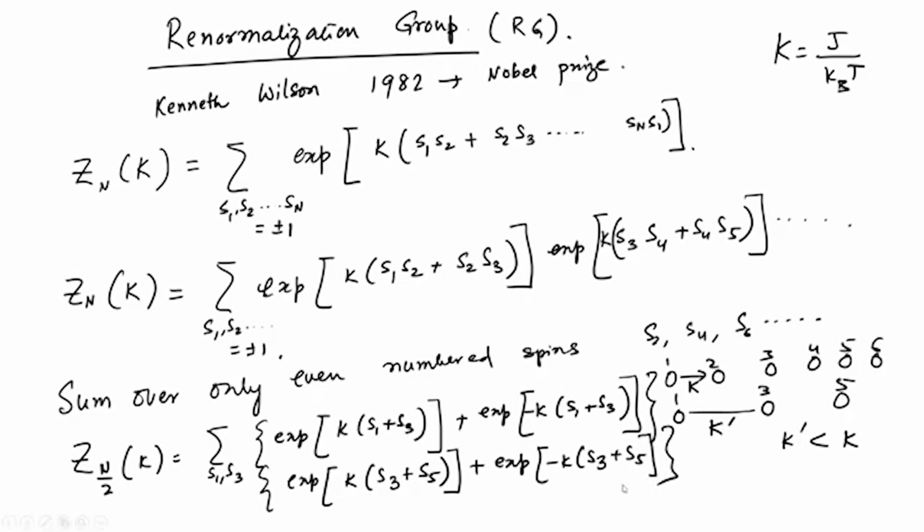You do it on the even numbered spins, and finally what will happen is that we would have to reach, if at all it is there, a finite Kc by doing further decimation of spins, that is you sum over more degrees of freedom, that you evolve your own algorithm,